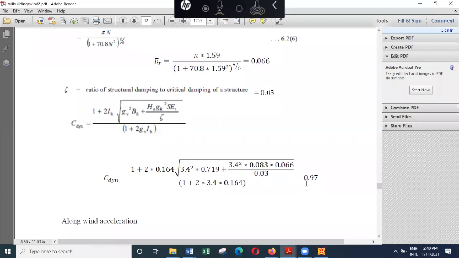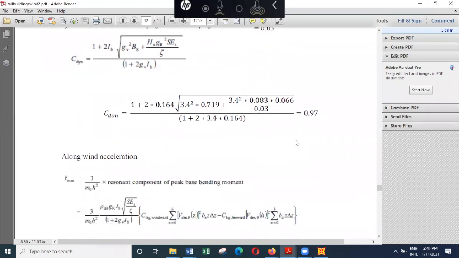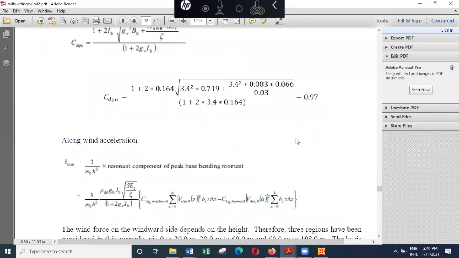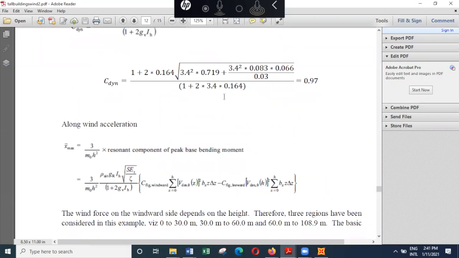The reason is most of these C dynamic values are needed to calculate the along-wind acceleration as well. Most of these parameters will appear in that equation. So let's see how to determine the along-wind acceleration. In this particular building, the dynamic effects are not that critical. So the along-wind acceleration is given by this particular equation,